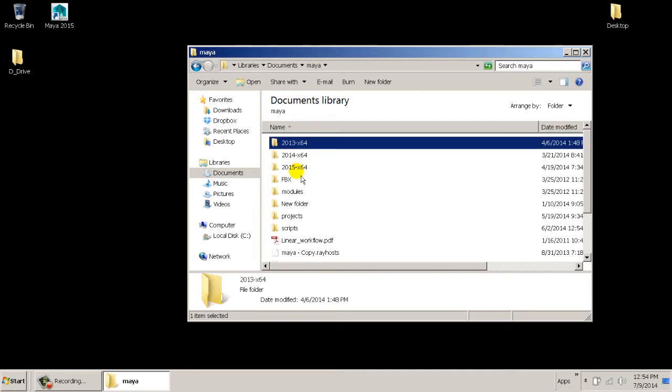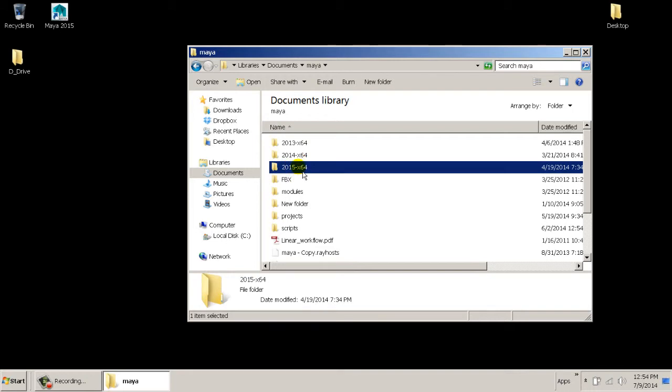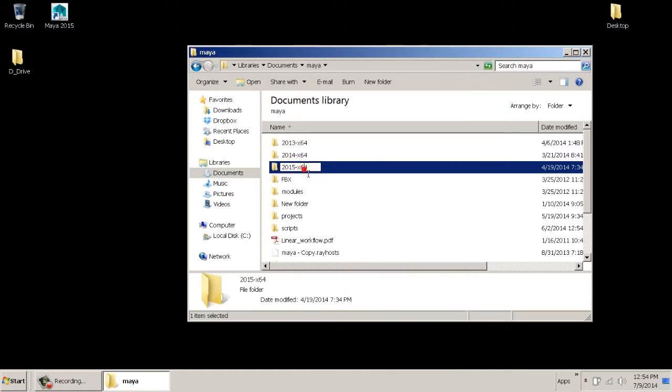The cool thing about Maya is it saves all your preferences right here in the main directory. So on yours, you're just going to right click and go to delete. On mine, I'm just going to rename it because I don't actually want to delete mine. Okay. So now that this is deleted on yours and renamed on mine, when we open up Maya 2015,